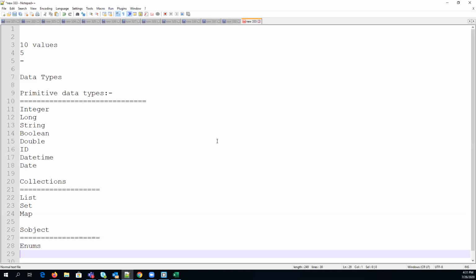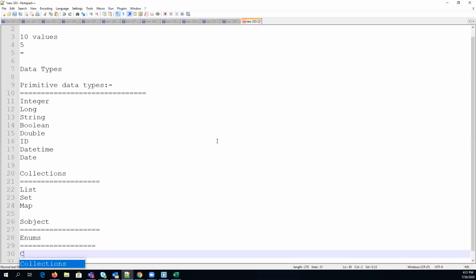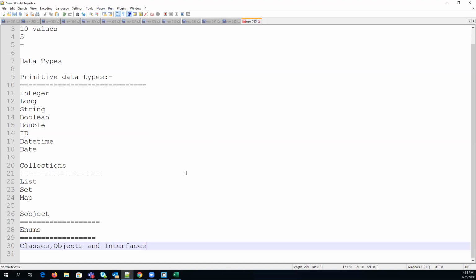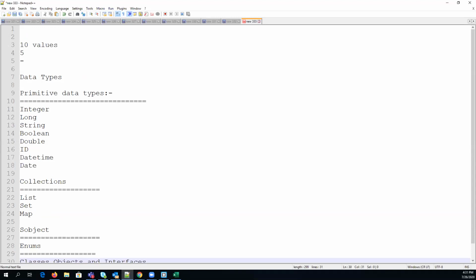We also have classes. Along with classes, we have object as a data type, right? And we also have interfaces. So these are the data types we have in Salesforce.